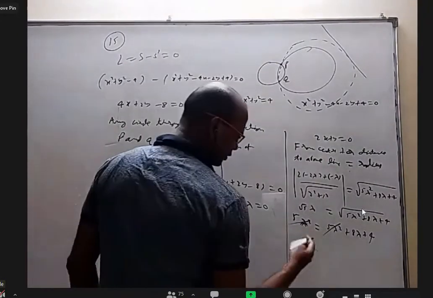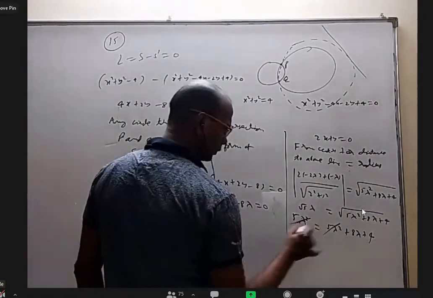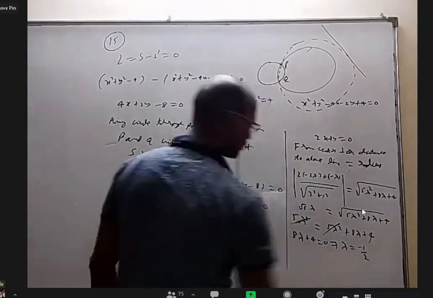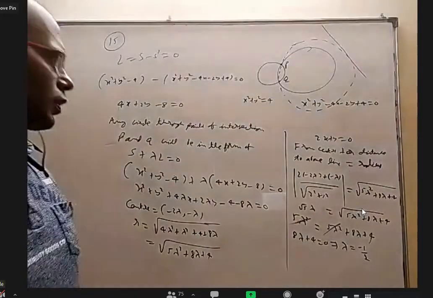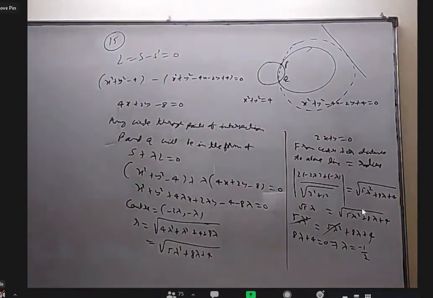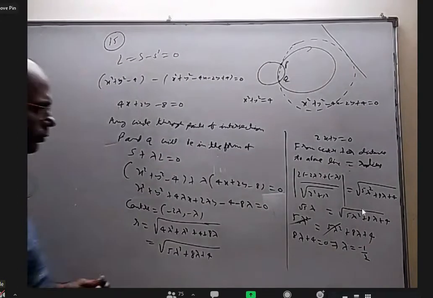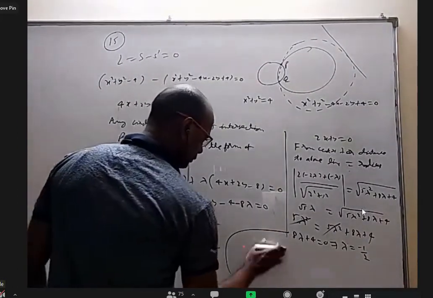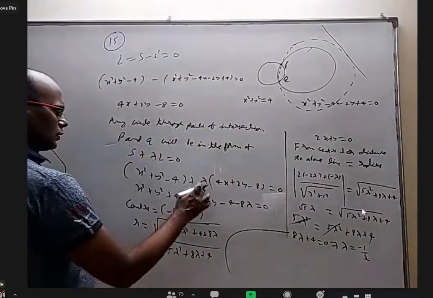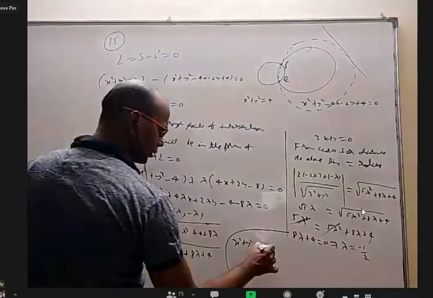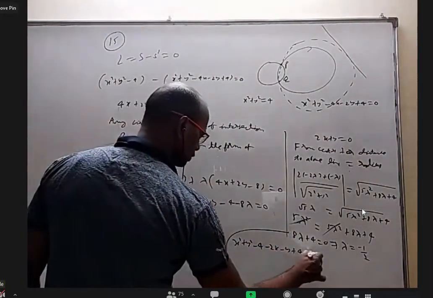Okay, so here 5 lambda square got cancelled. We got 8 lambda plus 4 equal to 0, lambda equal to minus 1 by 2. So put that lambda back, we'll get the answer. All of you can hear me, right? Yes, sir. Okay. So after putting lambda here, we will get x square plus y square minus 4, because of this minus 1 by 2 here, I'll get minus 2x minus y plus 4 equal to 0. This is the answer.